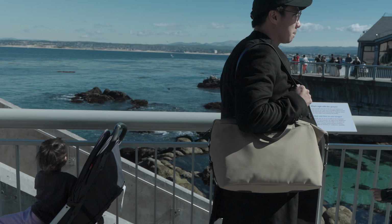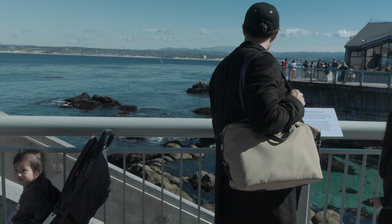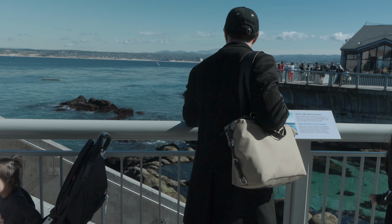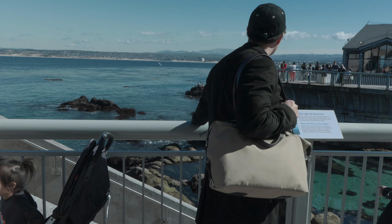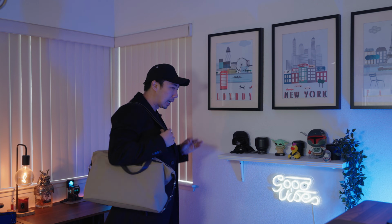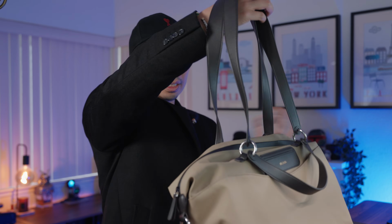I personally don't enjoy doing crossbody, especially if I'm wearing a blazer or a jacket. If I'm going to work, I just like something very clean like this. It's very easy to take off, put on. I like this setup. And of course, if you don't, both of these handle